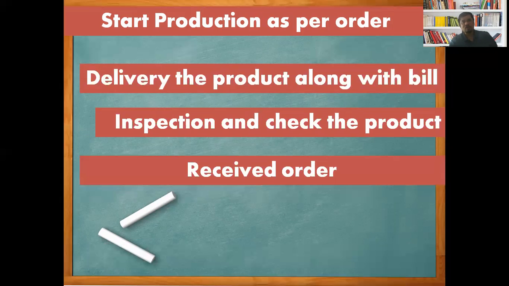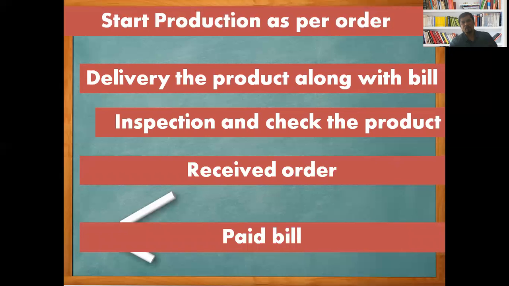Then I have received the order. I have signed the consignment and the purchase order, and in the end, whatever bill I have got for those 100 mobile phones, I have to pay that bill. This is the normal procedure we follow when purchasing smart mobile phones for the employees, which we want to give on the occasion of the Diwali bonus.